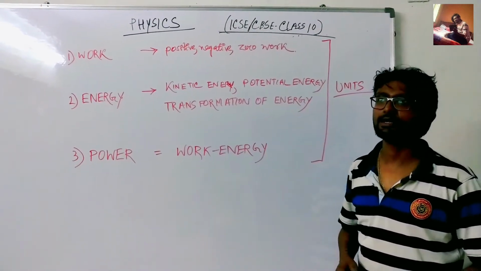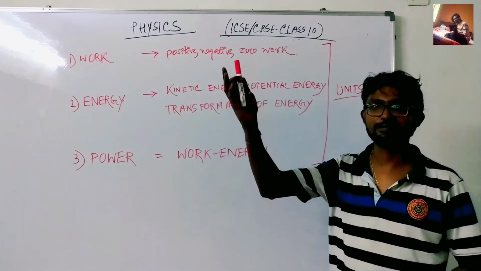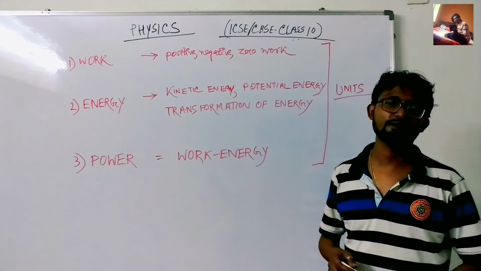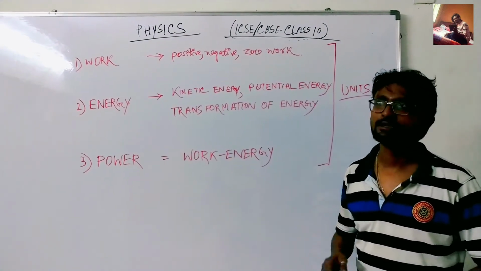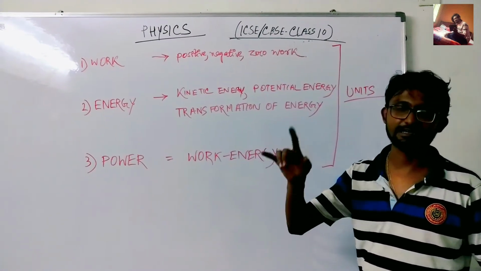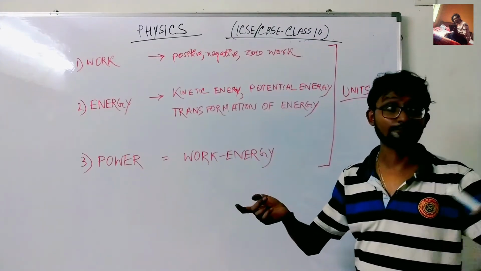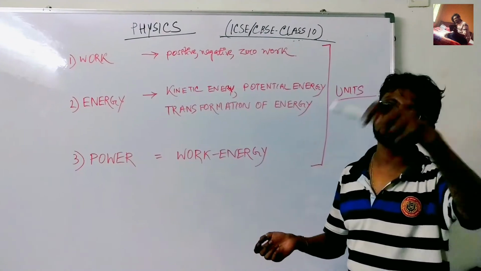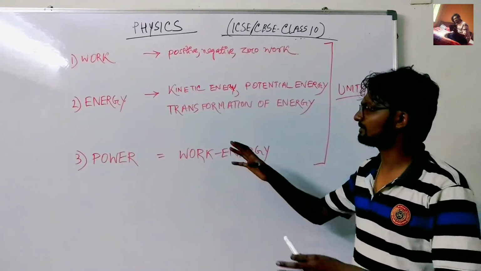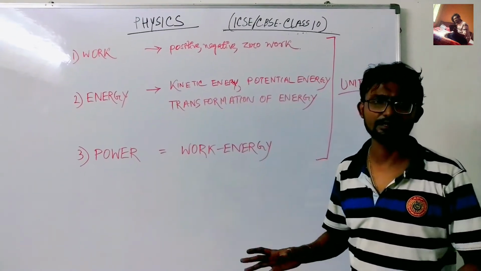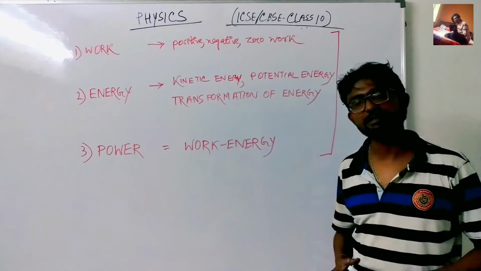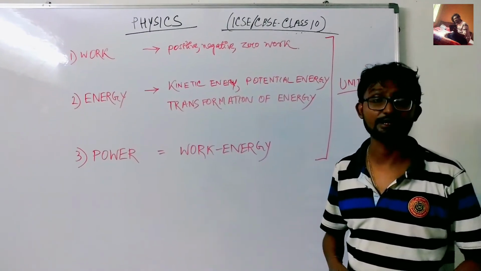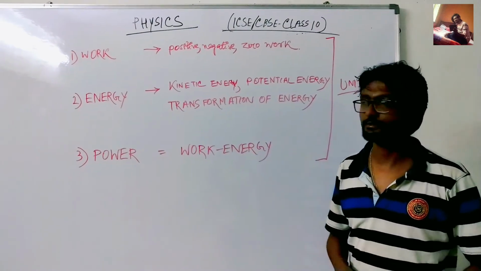Transformation means, for example, this tube. There has been a transformation of energy while the tube is being lit up. The electrical energy from the switch or the electrical board is getting converted to light energy, and the light energy to heat energy. So there are various kinds of examples over here. I will give you the main basic 10 or 14, 15 appliances, so that you can get them in your exam as well.